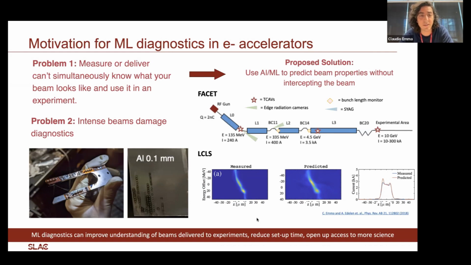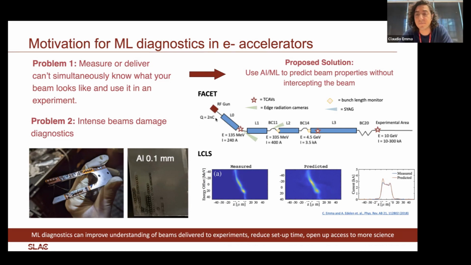It can damage diagnostics in single shots sometimes. So the proposed solution, of course, is to try to use these AI or ML-based virtual diagnostics to predict the beam properties without intercepting the bunch. And I'm going to show this kind of schematic in a few slides' time when I discuss FACET and LCLS. But basically, this gives you an idea of the